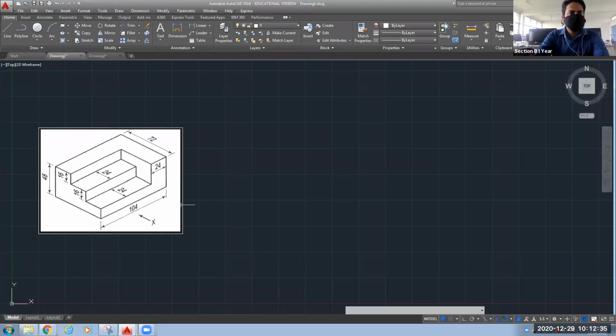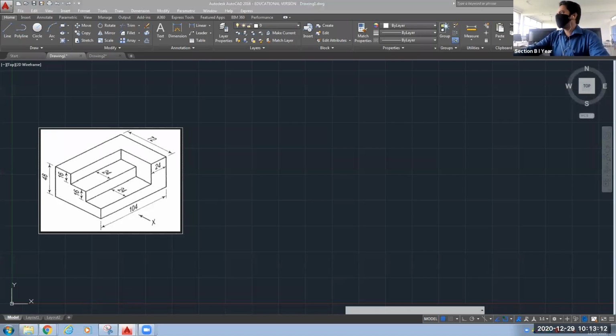So we will start with this basic figure that you can see on your screen. First we will draw the orthographic projection. Orthographic projection means we will draw its front view, top view, and side view. Our focus will be on front and top view only for the time being. Then I will tell you how to draw the 3D representation of this object in a 2D plane, meaning your isometric view. So let's start with this 2D figure.